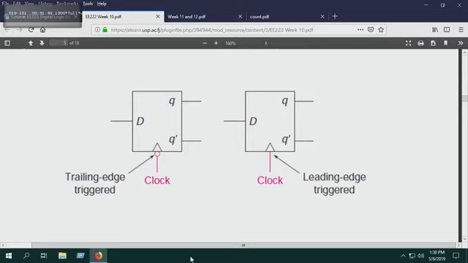So it's very important for you as a skill, as an engineer, to be able to find the information which somebody else has done, and then pull it and modify it. You can't just copy and paste. You can't go and use the Circuit Maker information and directly try and upload that file onto Logisim. It won't work, right? You've got to modify it to suit your particular circumstances. Then it will work. So over here you've got leading edge and trailing edge. Some people call it rising edge and falling edge.